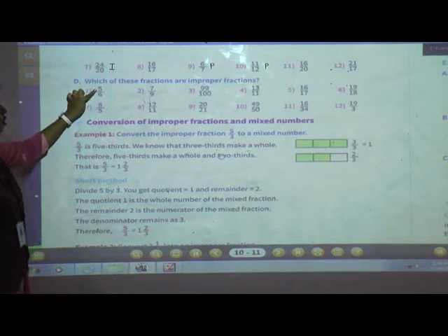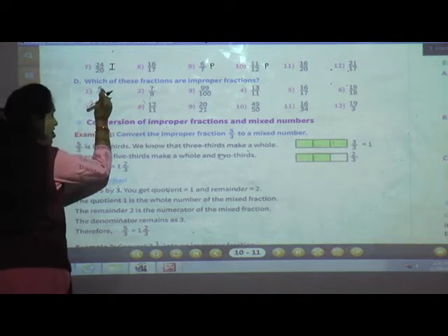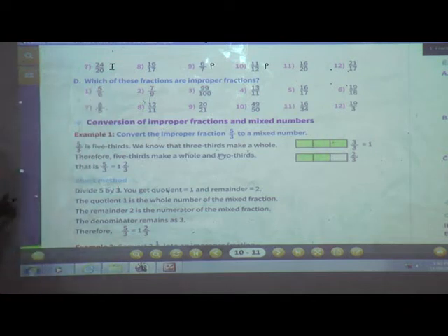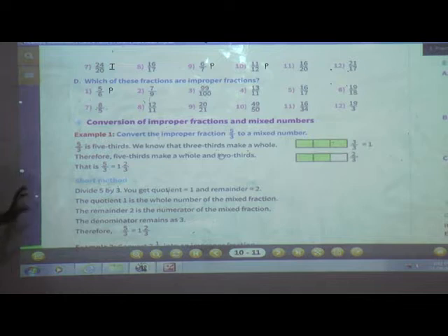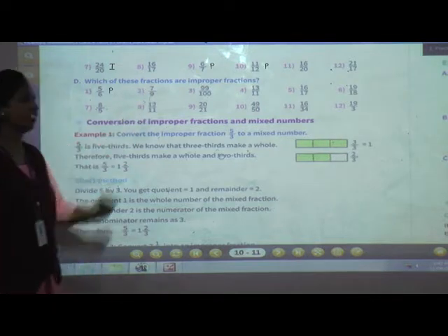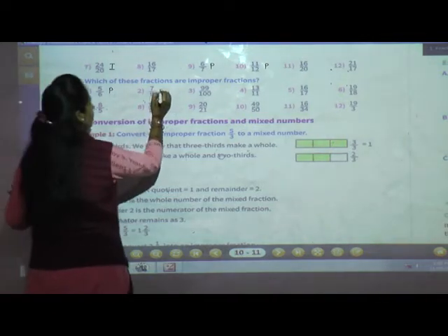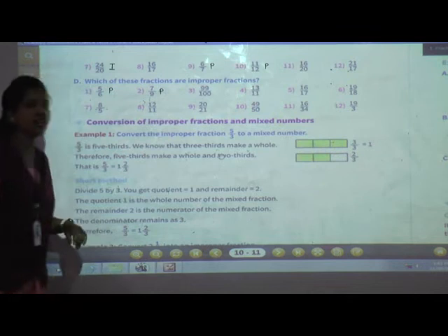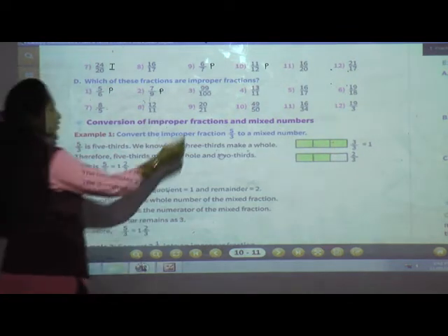See here, is the numerator greater or less? No, the numerator is the smaller one. So this is a proper fraction. So the numerator is less than the denominator, so it is proper. Now here 7/9. See, here also it is a proper fraction, isn't it? And 99/100. Yes, this is also a proper fraction.